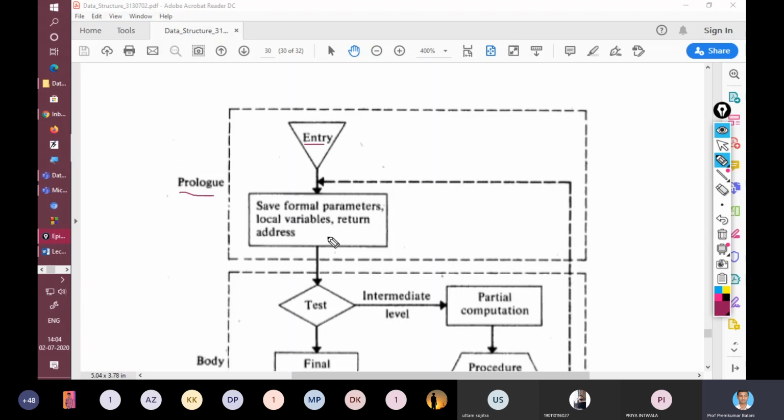This is my first prologue. Then next comes the text, right? In the body part of the function,